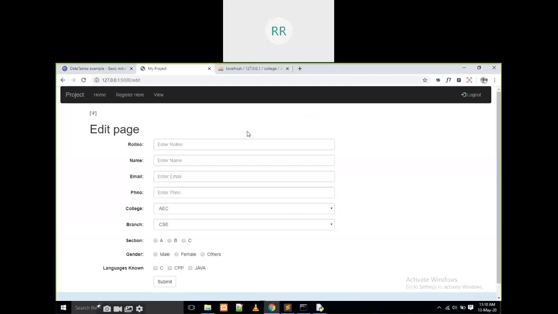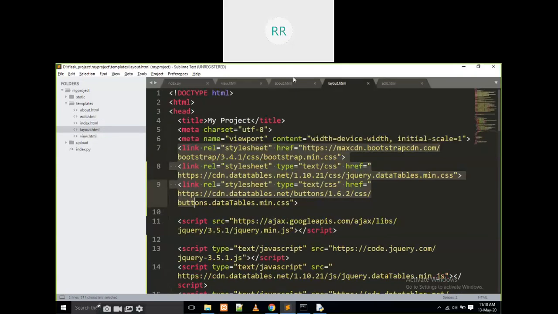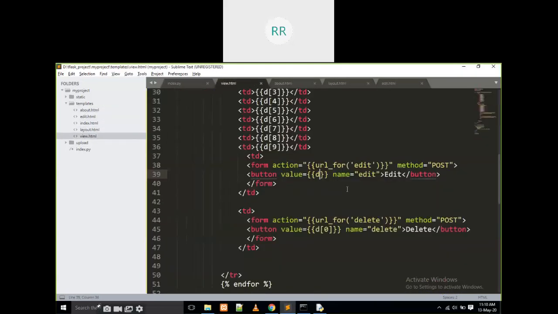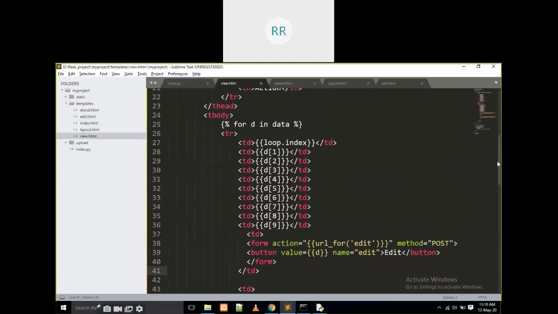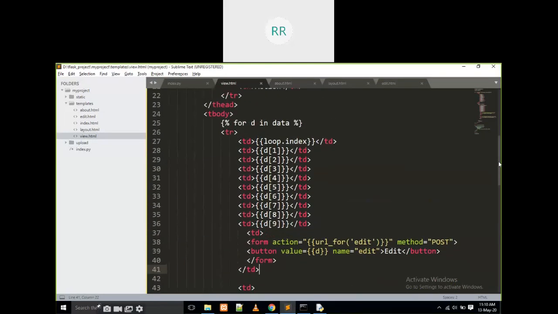No, it is not working. D. No, it is not passing all the data. It is only passing the first variable.